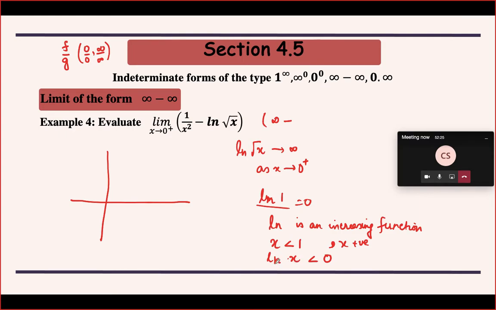So the log of any number which is slightly less than 1 becomes a negative value, and as x tends to 0, taking values smaller and smaller, this will tend to... you have also seen there is an asymptote. I think I had explained when we were doing that. So this vertical line is an asymptote, and this is your log graph.